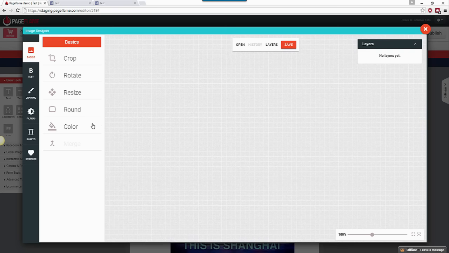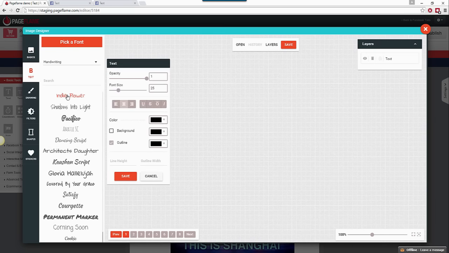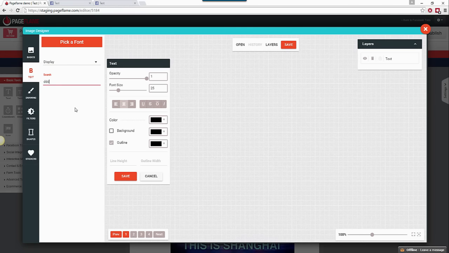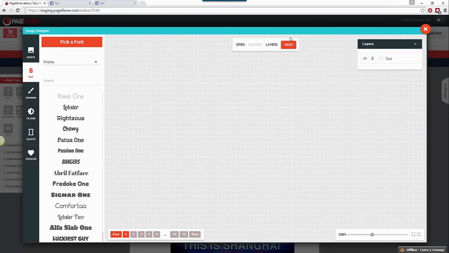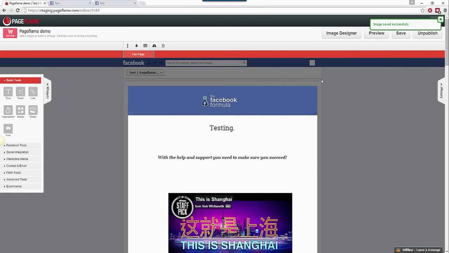And then when I save this, I could add text. It's very easy to add text and all different elements in here, very easy to change that. I can change the text, I can add a drawing. But once I actually save that, let's say for instance I go to save and save that. And I'll just go back over now to PageFlame. Obviously I didn't do anything there, but if I go back to PageFlame,